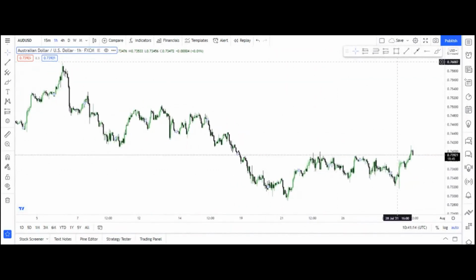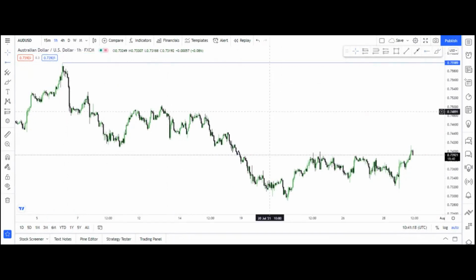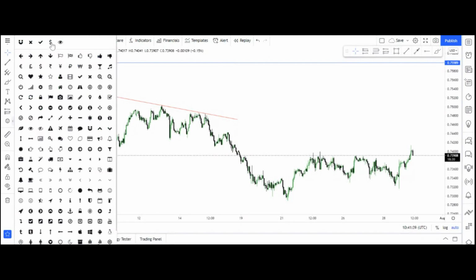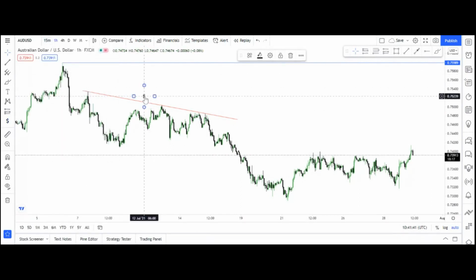So I want to pick this old high because that's the highest point in price, and I want to deal with everything below that old high. So this is another old high. I feel this old high is retail resistance, which is why we had price bump into it every time and drop. So this is liquidity for me. I just put a dollar sign there to note that.